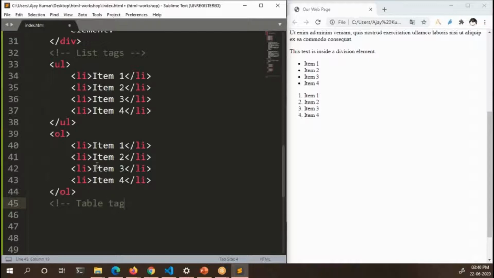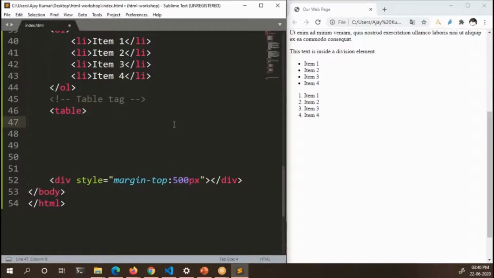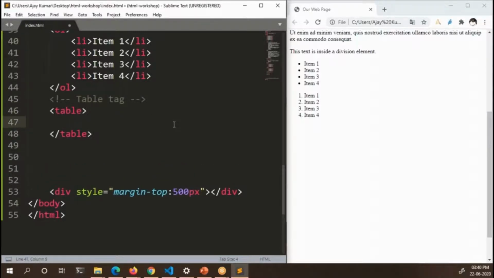Next we look at another important tag, which is the table tag. If you want to display a table of data inside your HTML page, how can you do it? The table tag has a lot of tags which are a part of it.